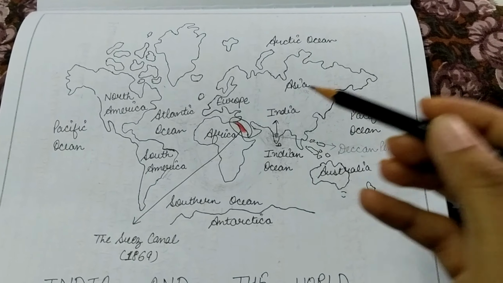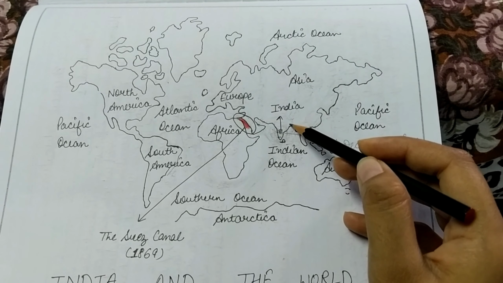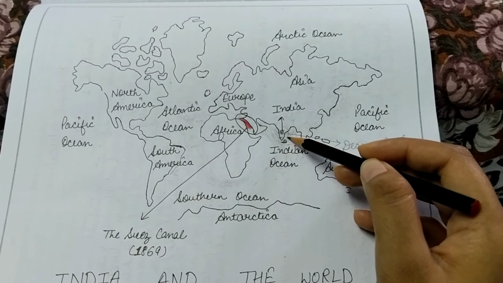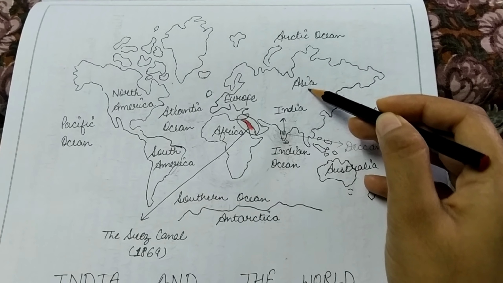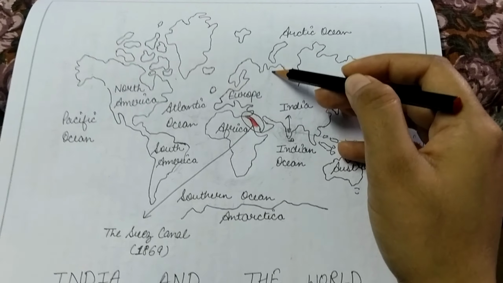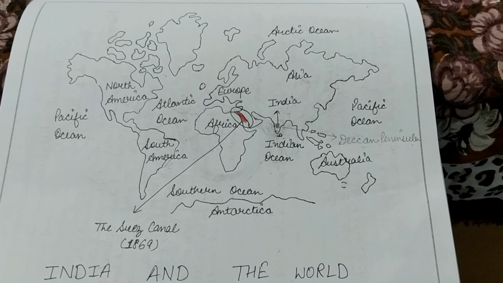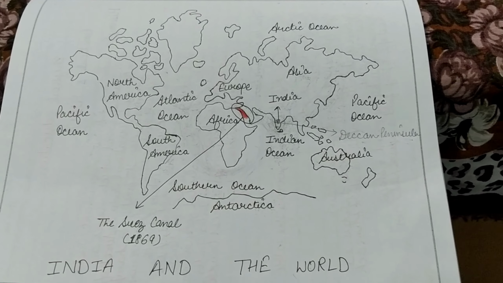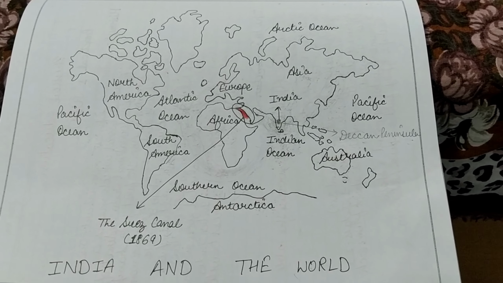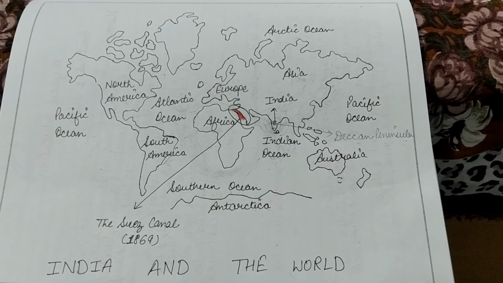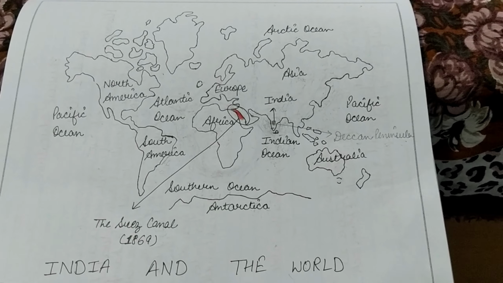So as you can see, this is the location of India. India is in the southward extension of the Asian continent and has a central location between West Asia and East Asia. Right, so India plays a very strategic role in the world in terms of trade, as it is well connected with the rest of the countries because of 2 reasons. First reason is